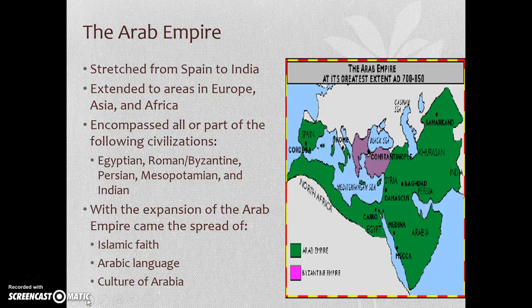Muslim armies spread rapidly throughout the Arabian Peninsula, conquering Spain and invading France in the west and reaching the Indus River in the east. Arabs invaded and conquered wealthy Egypt. The Persian Sassanid Empire fell quickly, and the Arabs picked off much of the Byzantine territory. So you see from the map in the green how the empire spread from 700 to 850.